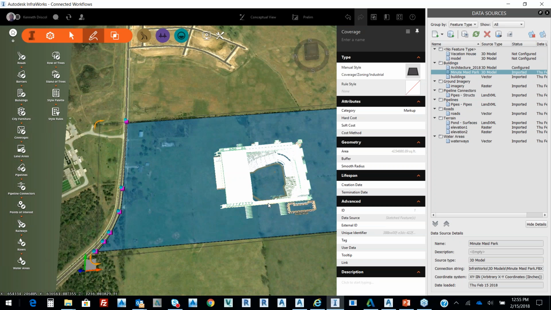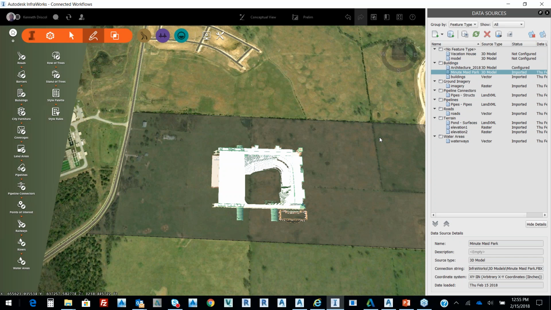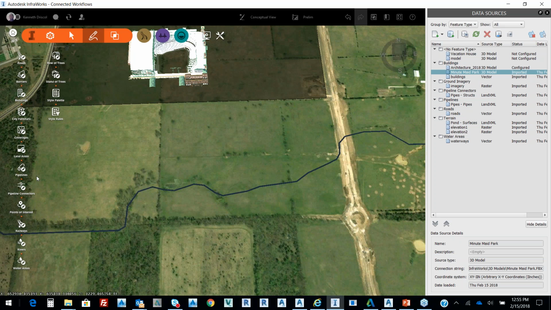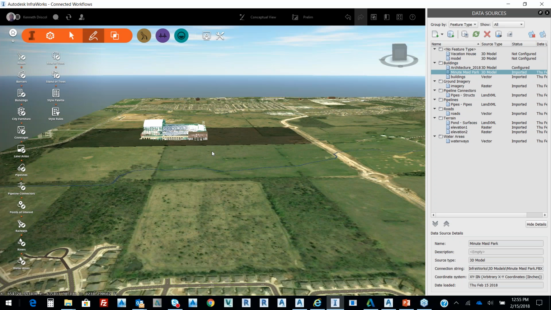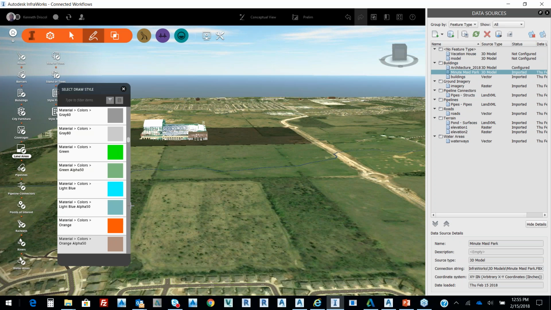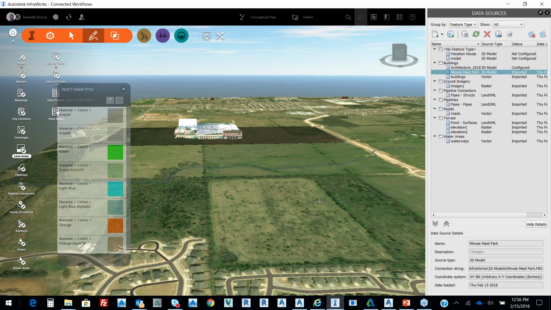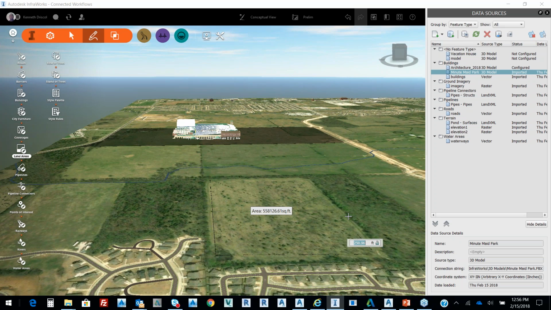So I'm going to do some really quick things in terms of models that I'm building. For all intents and purposes, I want to create a land area that covers this basin right here. So something really quick in terms of a land area. I'm going to pick on it, and I'm going to pick from here. I'm just going to get in between, pick here and here, just to get it out of the way. So it shows me my square footage,